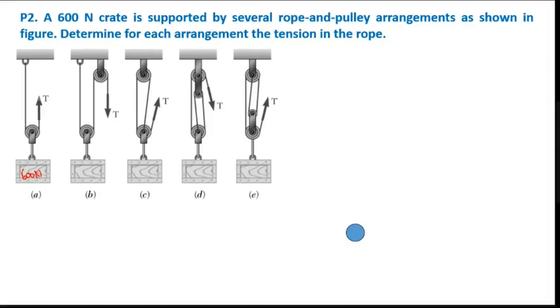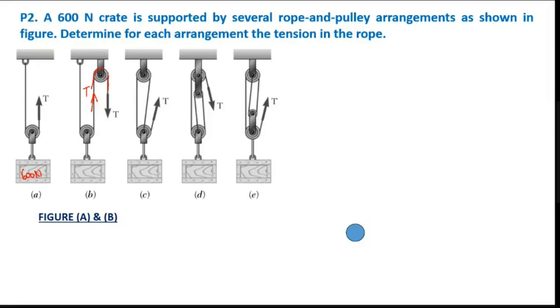You can see that tension is applied here. You are attaching another cable with respect to this one, right? So let us identify one by one. Let me consider figures A and B. Why am I considering A and B? Because they are similar figures. I know that whenever a rope is passing through the pulley, the tensile force is equal to the other side, which means if I consider B, this is passing through this. So if this is T, this is also T, this is also T, right?